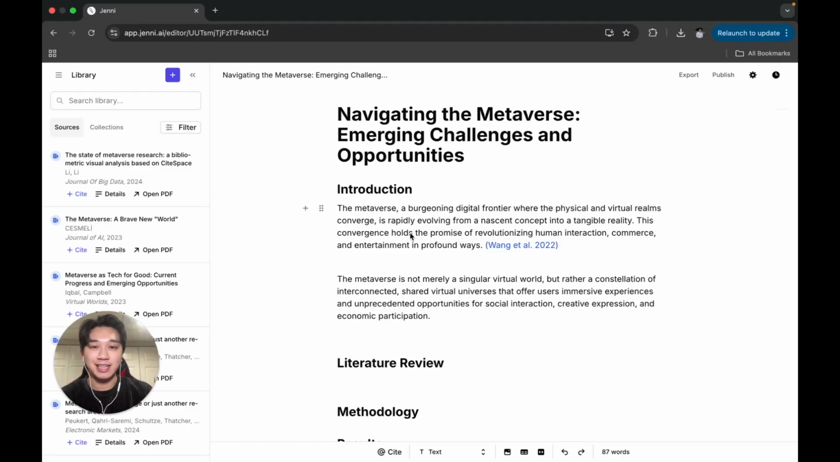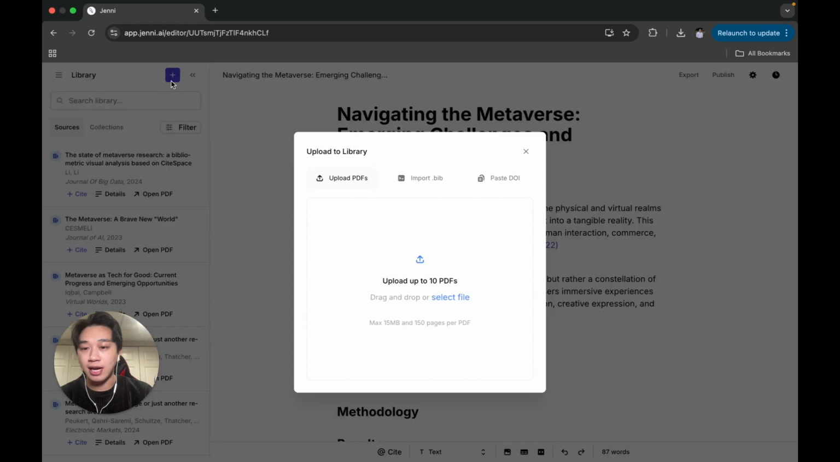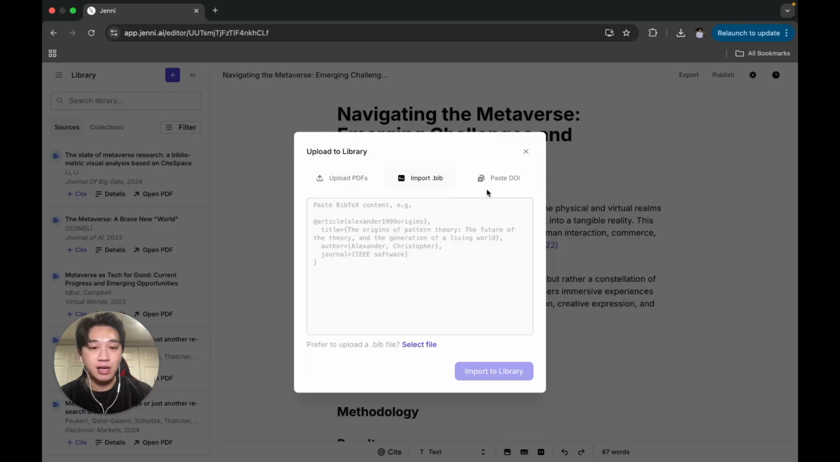Today we're going to be discussing citations, which we have covered in a previous video on how to add a citation from your library as well as from the text editor, but there's a few new cool features I'd like to showcase today. As you may know, you can actually upload sources to your library via PDFs, BibTeX files, or